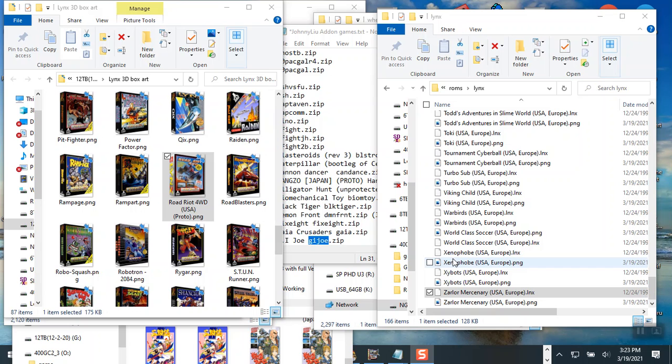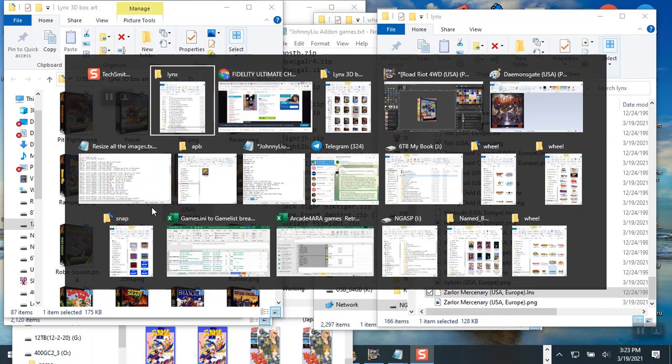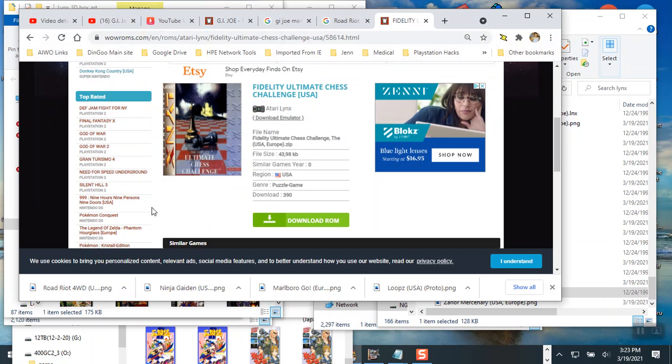Linux ROM pack that somebody released, about 76 ROMs, but I found that I think the full pack is more than 76. I think it's about 83, I'm not sure. Okay, so I download the 3D ROM art from the site that I mentioned to you guys, that I referred you to, which is,